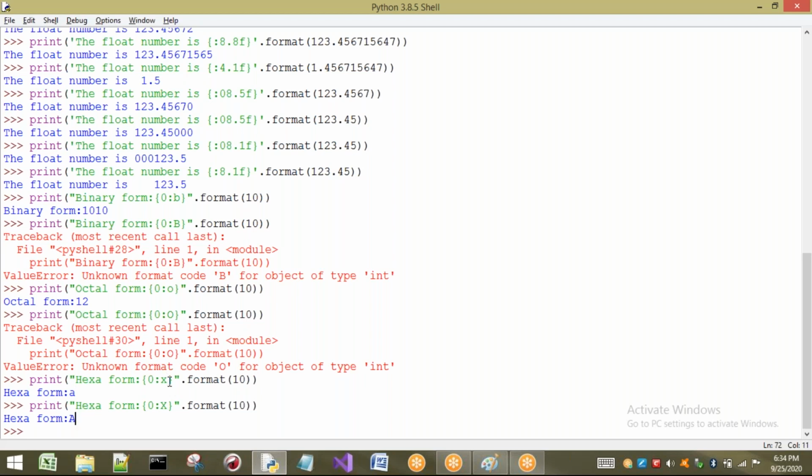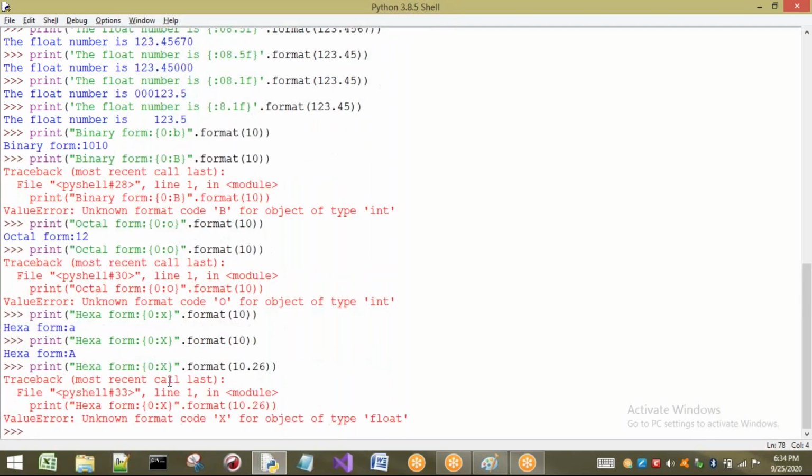Already we know that the concept of binary, octal, and hexadecimal is only applicable for decimal numbers, not for floating point numbers. So here, let us take 10.26 for example. What happens?